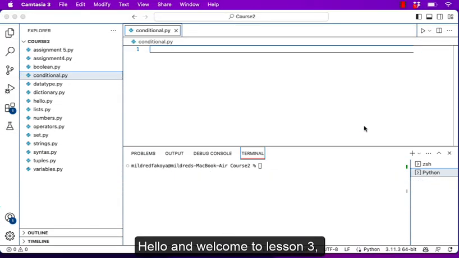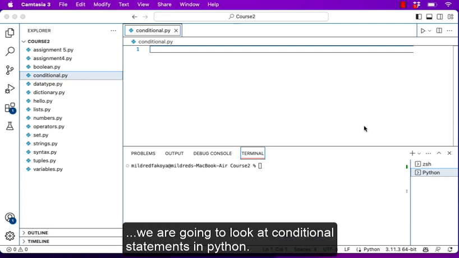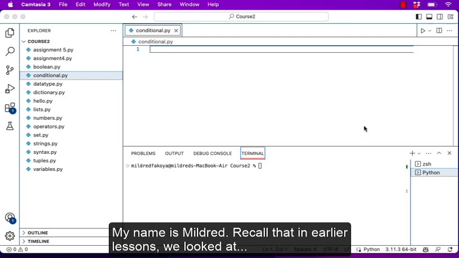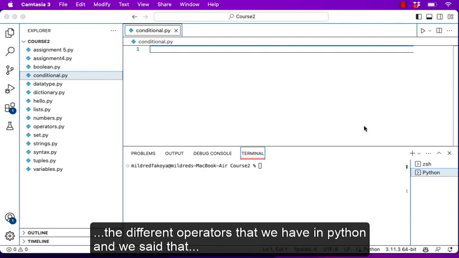Hello and welcome to lesson 3. In this lesson, we are going to look at conditional statements in Python. My name is Mildred. Recall that in earlier lessons, we looked at the different operators that we have in Python,